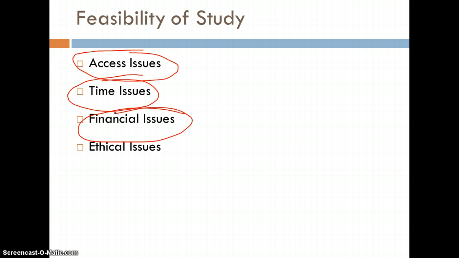Right? So you need to take into consideration, will there be any external overt costs associated with the research that I want to conduct, and do I have the financial resources in order to make that happen? And then finally, we want to make sure that all of the ethical issues are being treated appropriately. So part of determining the feasibility is always going to be making sure that your study can be carried out ethically. And that means that no one gets hurt either physically or emotionally or mentally.